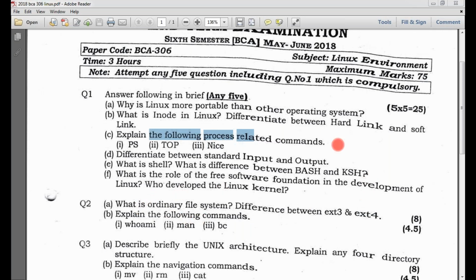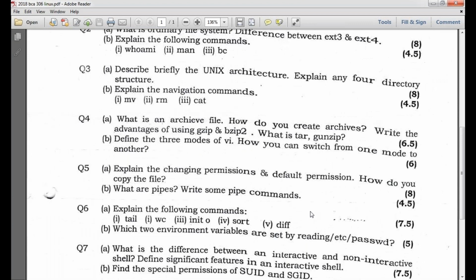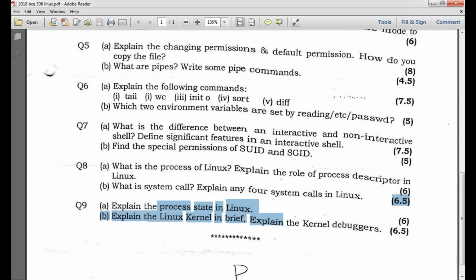Then about the development of Linux. If I discuss the fourth unit, there is the process state. Process state is about all the process states: running, ready, waiting, scheduling. These are all the process states which are there in Linux. Executing, waiting for resources, running, ready, zombie, termination, stop. So this is the process diagram you have to make and discuss.